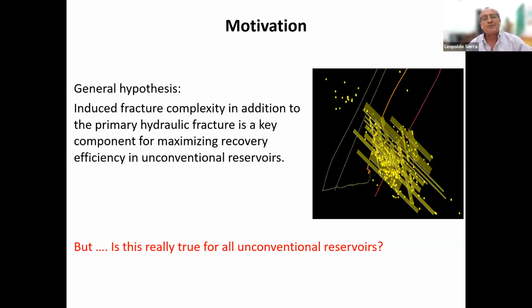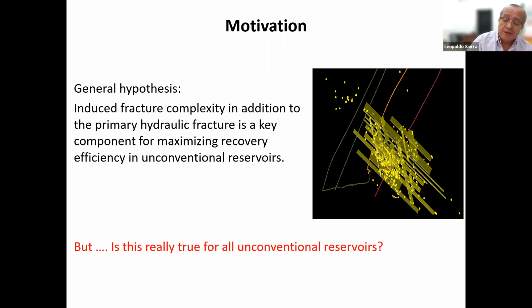So normally when we talk about unconventional reservoirs, there is a general, well accepted hypothesis that the induced fracture complexity, in addition to the primary hydraulic fracture, is a key component for maximizing hydrocarbon recovery in unconventional reservoirs. This is the commonly accepted hypothesis in the unconventional reservoirs industry. But in reality, what I'm trying to show here is this is not totally necessary in all the unconventional